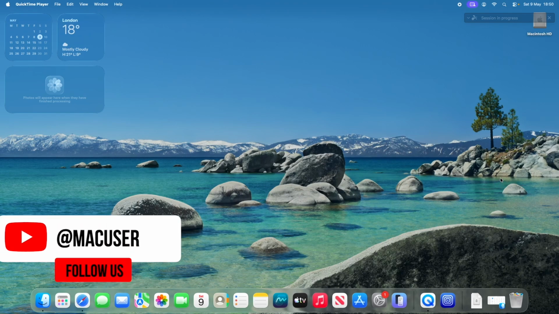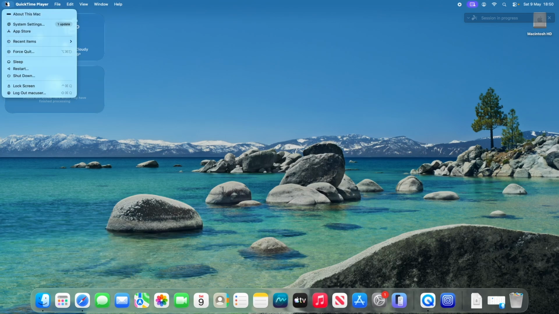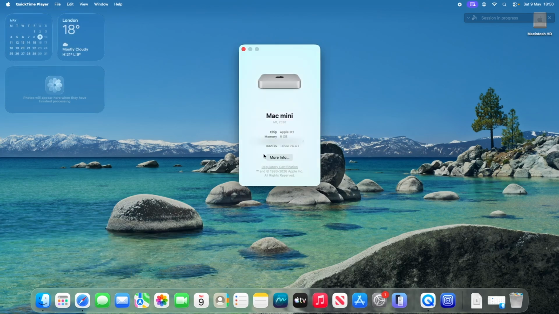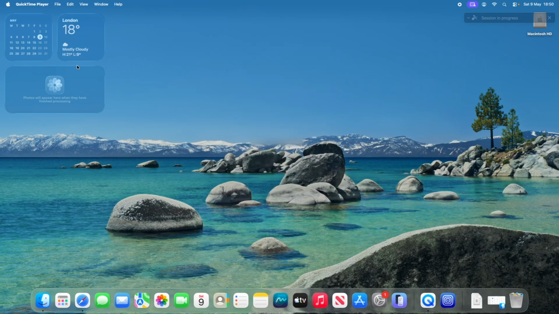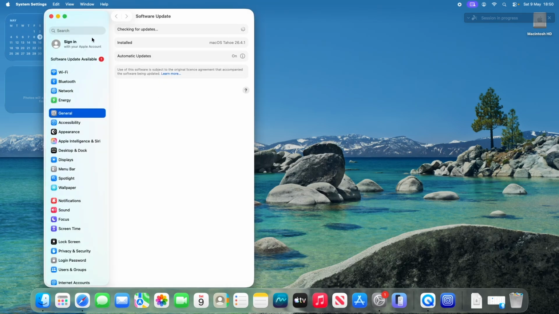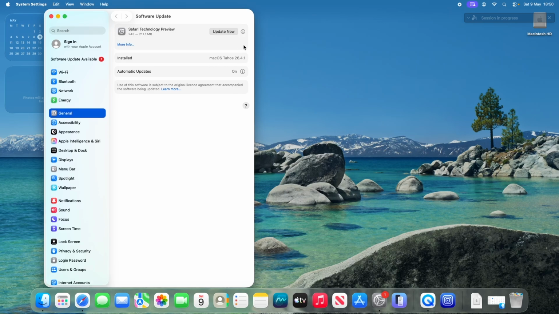So I've remoted into a Mac Mini. If I click About This Mac, it gives you obviously what the Mac Mini is, so a silicon-based machine. And if I go back into System Settings, it's already identified that I've got an update. But as you can see, I'm running 26.4.1. And obviously that .1, as I mentioned in my last video, was a quick patch on top of 26.4. I'm currently running on the machine that I'm recording from 26.5, so the beta version of 26.5. But anyway, I digress. So once you've done your software updates, so you're at the latest version of the operating system of the Mac,